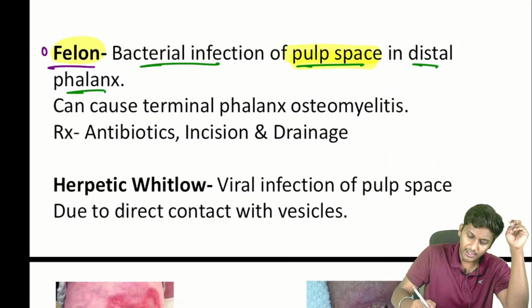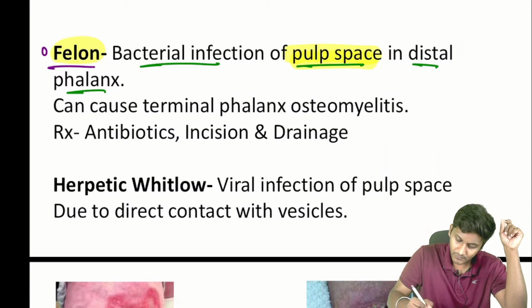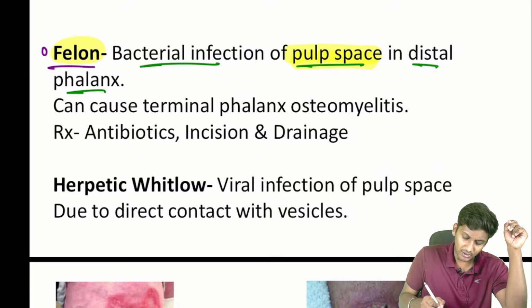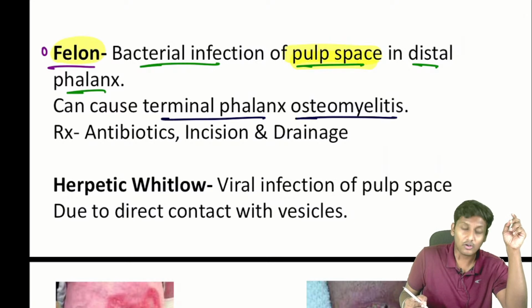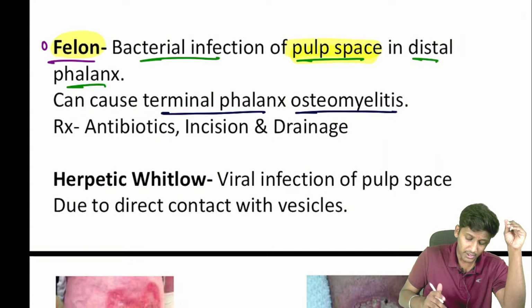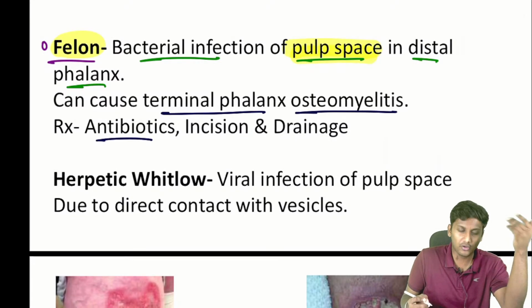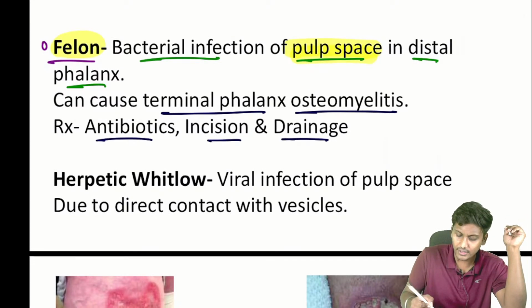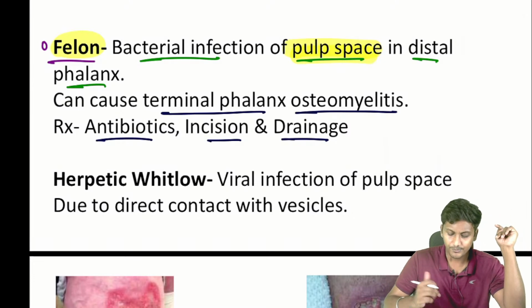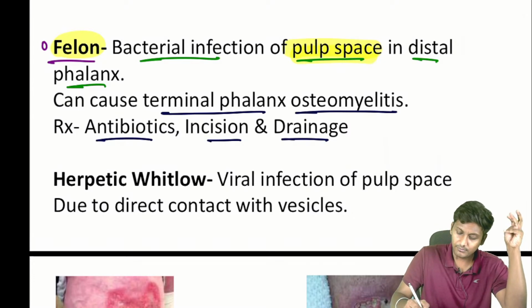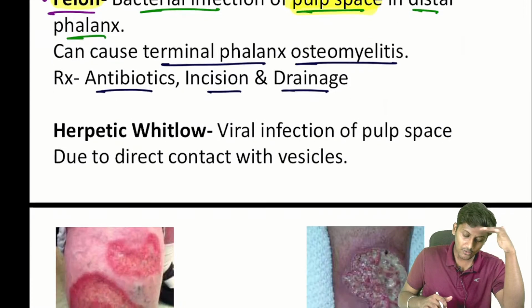Here, as it involves the distal phalanx, the patient can have terminal phalanx or distal phalanx osteomyelitis, which is infection of a bone. Treatment will be antibiotics for this because it is an infection, or we can go for an incision and drainage if there is pus collected. Infection, if it is there, then we can even go for this. Now the last one is a